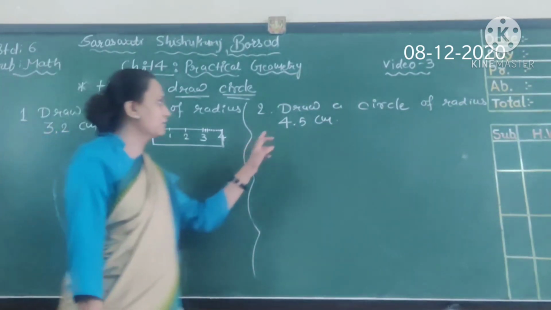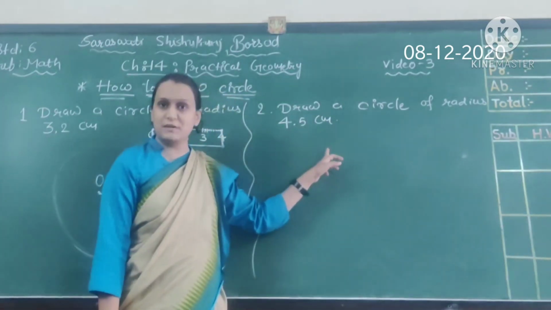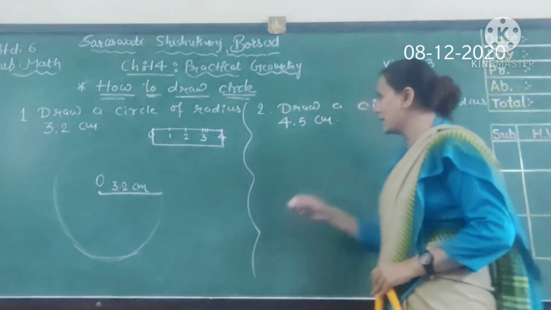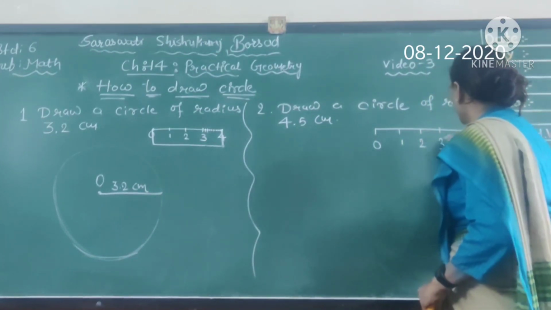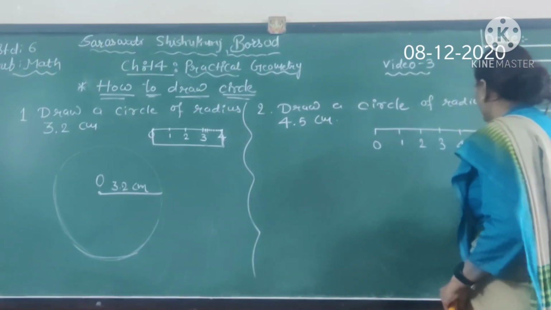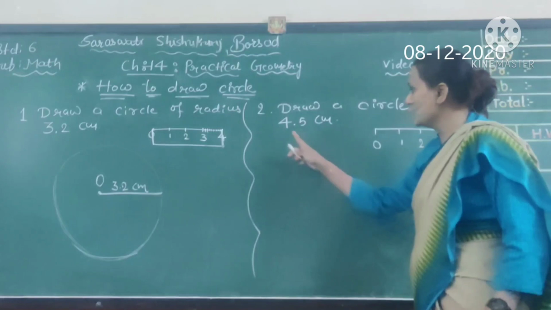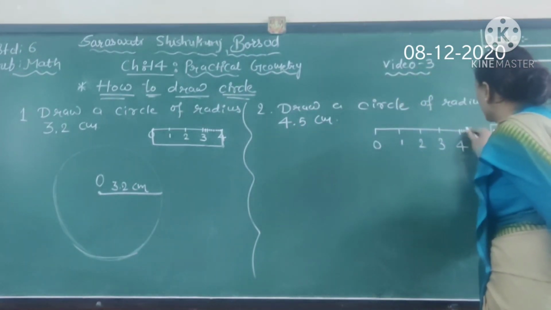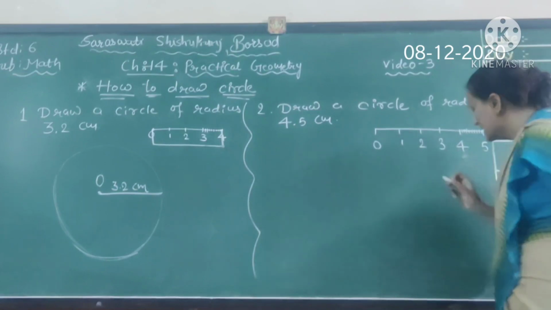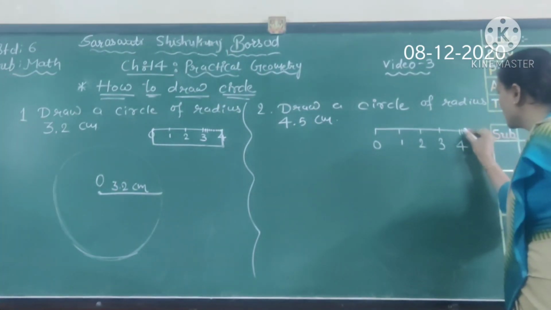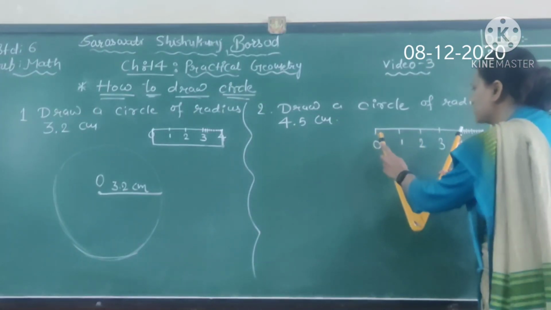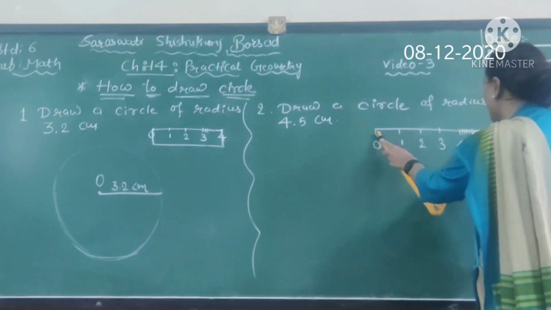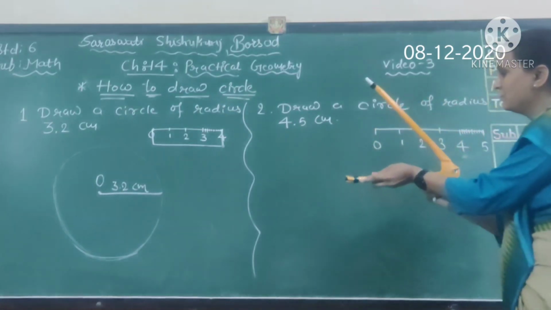Now in the second question, we have to draw a circle with radius 4.5 centimeter. Okay, same way, we have to take a measurement on the ruler. Here 0, 1, 2, 3, 4 and here 5. But we want a measure of 4.5, which means here 1, 2, 3, 4, 5, 6, 7, 8, 9. So this is 4, this is 4.1, 4.2, 4.3, 4.4 and this is 4.5. Okay. So with the help of compass, we have to take a measurement from 0 to 4.5 till here. Okay. Now fix your needle here.